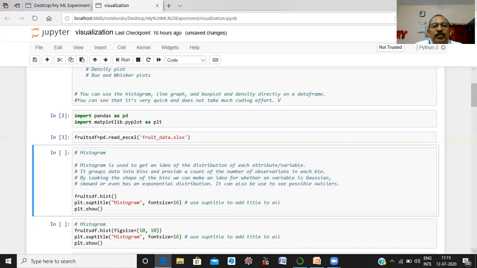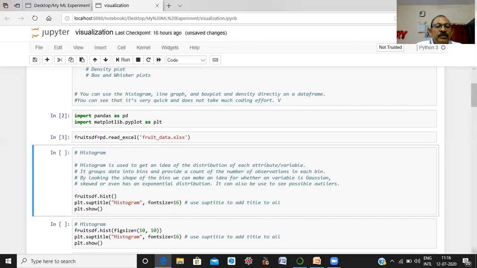By looking at the shape of the bins, we can get an idea of whether a variable is Gaussian, skewed, or even has an exponential distribution. It can also be used to see possible outliers.